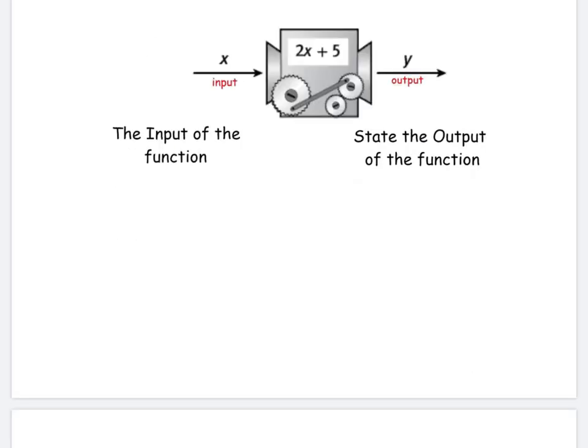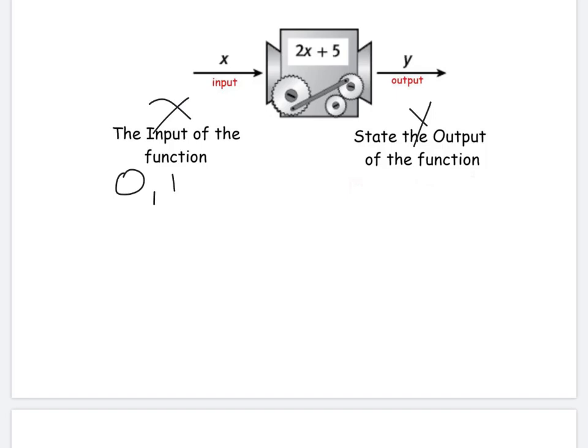Sometimes you might see something like this where you're given the function rule, in this case 2x plus 5, and you might be given the input. So to make this easy, let's say our input was 0 and 1. In order to find the output that they correspond to, you'd have to take the input value you're given, which is the x, remember, x is input, y is output, and you have to substitute in the value and evaluate